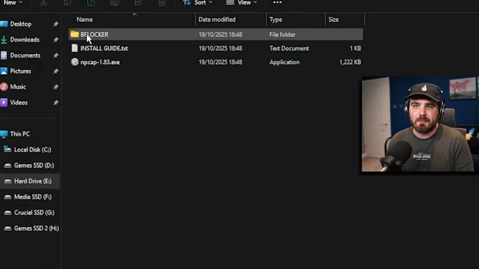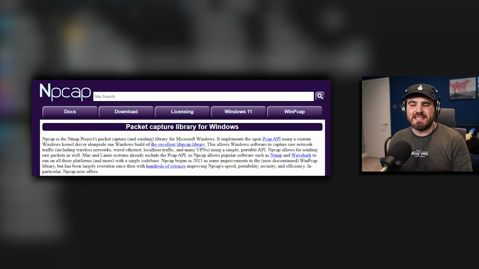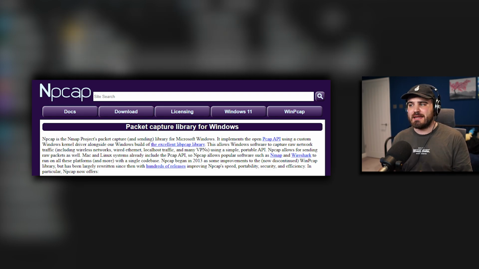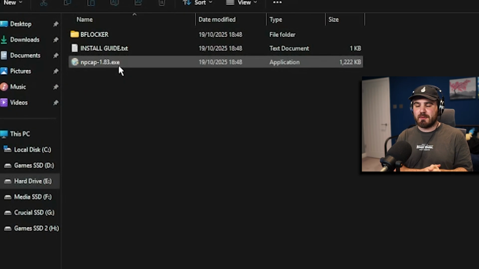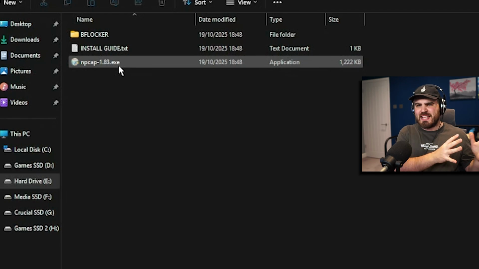You'll see a BFLocker folder, an install guide, and an npcap installer. npcap is just an extra little application that BFLocker will use in order to keep track of your match history. So if I play a couple of games on a Korean server and then a couple of games on a Singapore server, I can keep track of where I was connected to each time inside of BFLocker so that I can go,